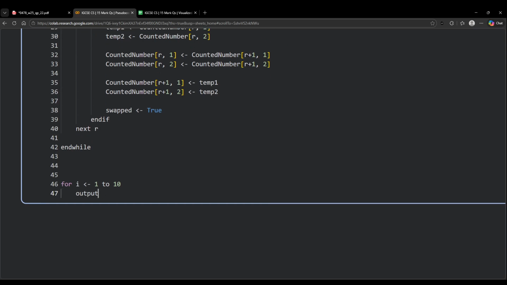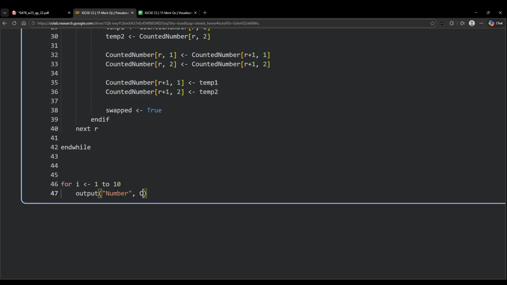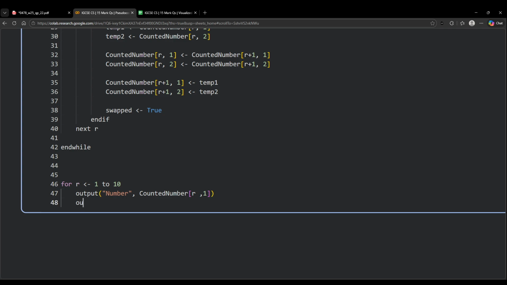Output, let's say the number, and the number we'll get from our counted number array, current row column 1, right? It will always be in column 1. So I'll say counted number current row column 1. Again, let's change this to R for convenience. So this will print the number, and then we have to output the